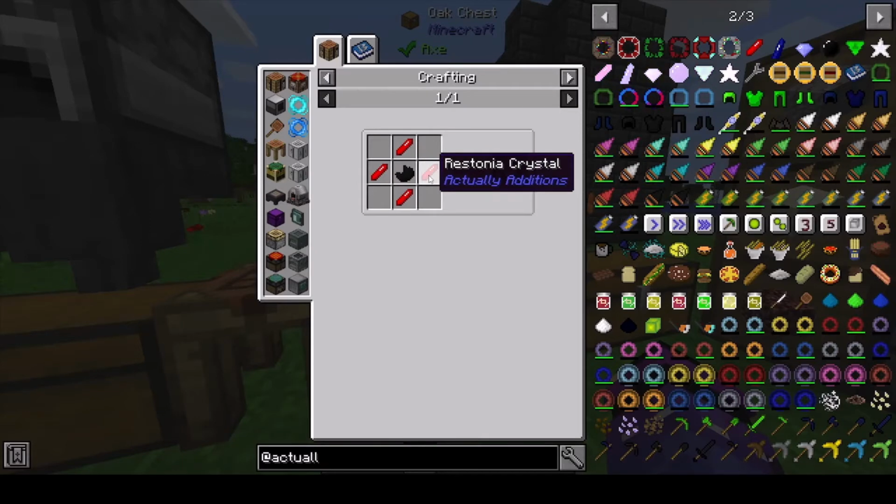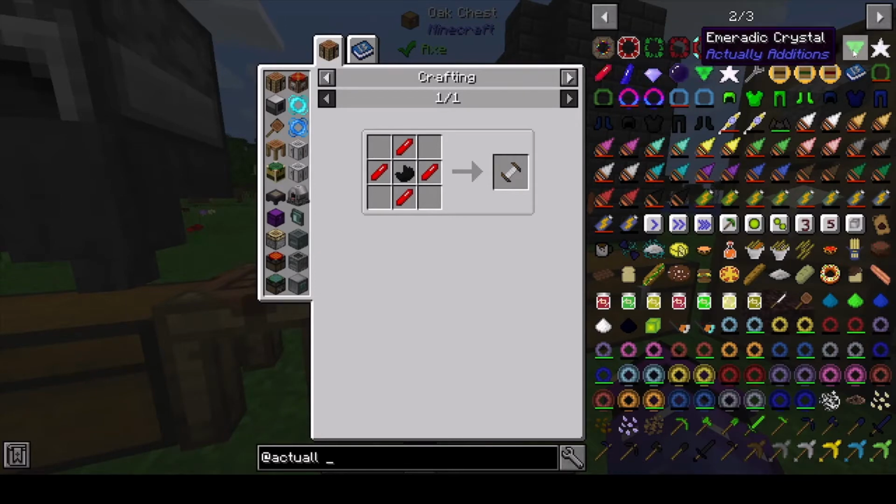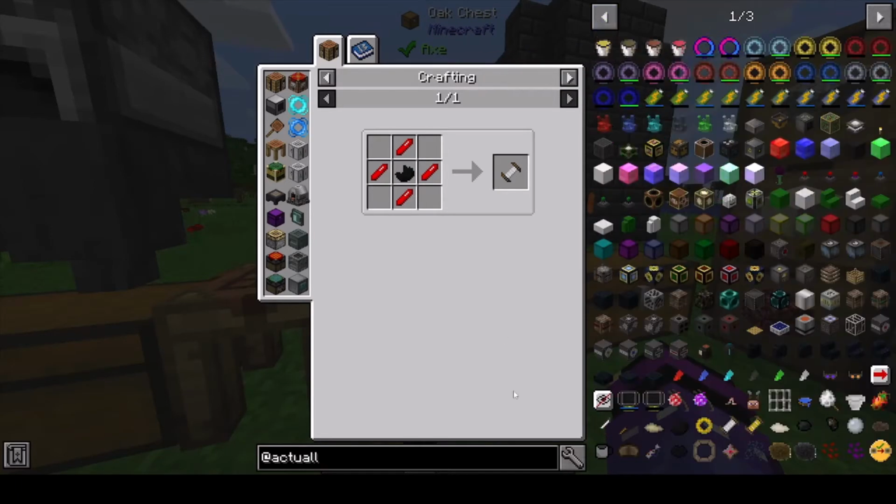If you've never played with Actually Additions, each of the ores, so redstone, lapis, diamond, coal, emerald, and iron, all have 2 variants. So there's Redstonia, Palis, Diamatine, Void, Emeradic, and Enori, and then there's the empowered versions. So the way that you get these is you actually have to make a